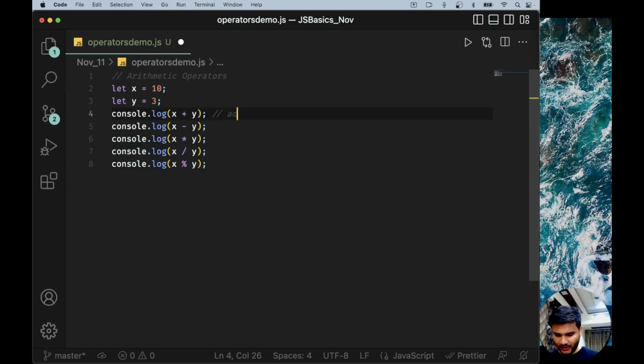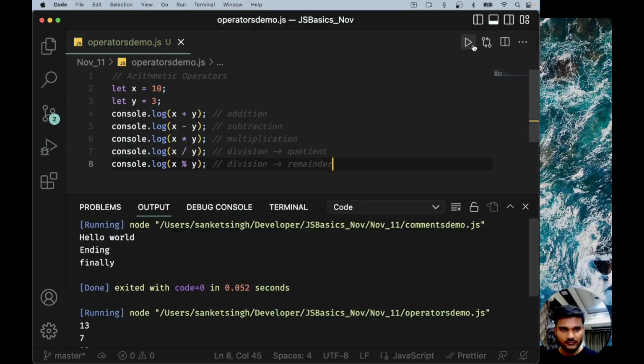So here we are doing addition, here we are doing subtraction, here we are doing multiplication, here we are doing division, and like in division you have two values, right? So this is actually going to give you the quotient, and inside this division you are going to actually get the remainder, right? If I try to run this piece of code,